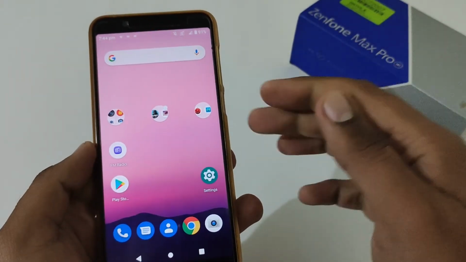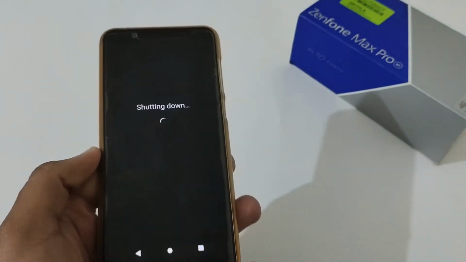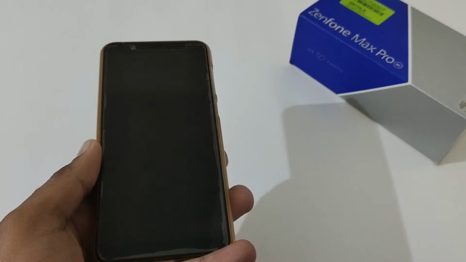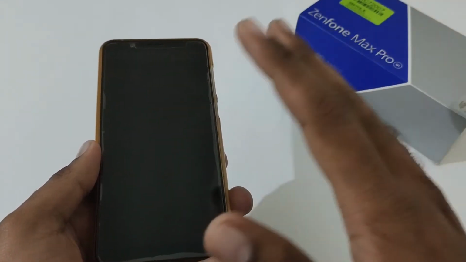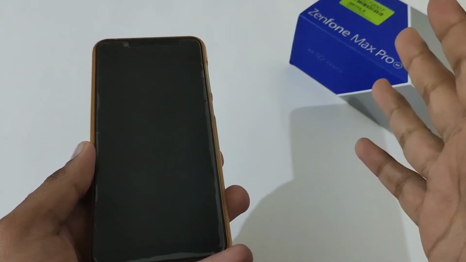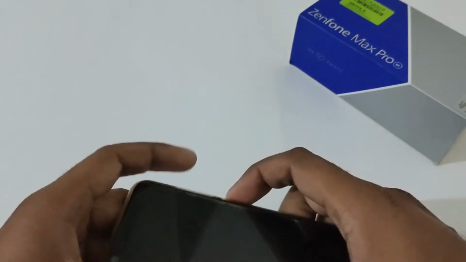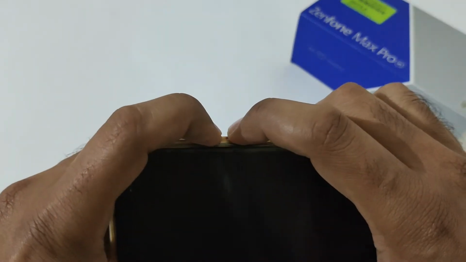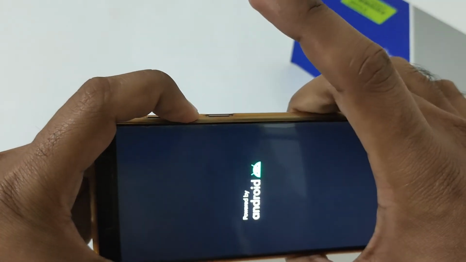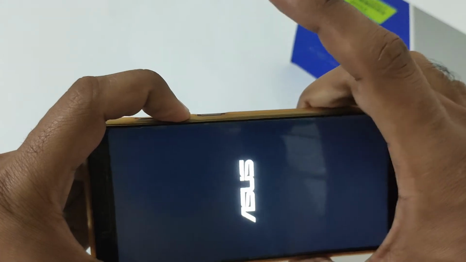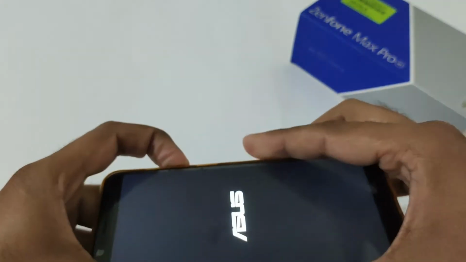After this, we will be shutting down our phone or powering it off. Once the phone is properly shut down, just wait for 4 to 5 seconds so that all the components behind this phone are also properly shut down. Once the 4 to 5 seconds are up, press the power button and volume down button simultaneously. Once the Android logo is available, release the power button and keep pressing the volume down button until you boot into the stock recovery mode.